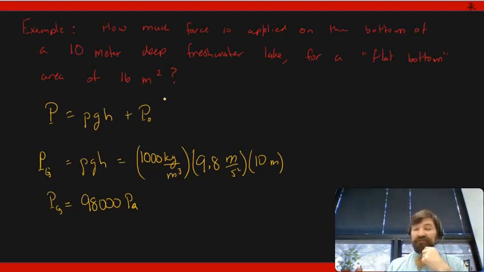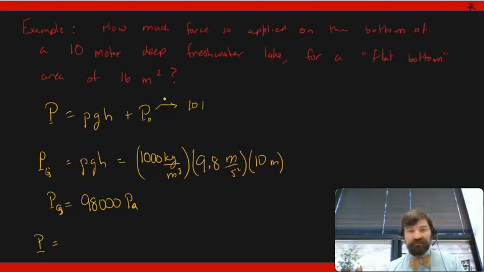And actually, for salt water, it's an even better approximation for what it's worth. Like in the ocean, salt water, your density gets even closer. This means that my absolute pressure at the base, bearing in mind that atmospheric pressure is about 101,000 pascals, is